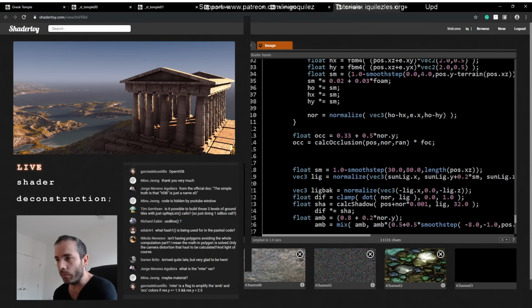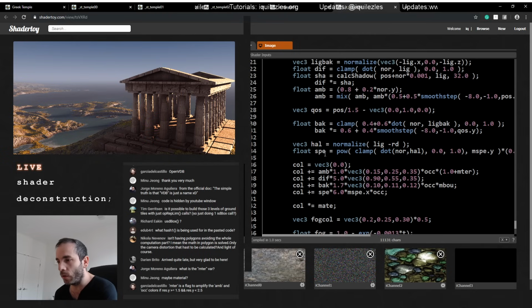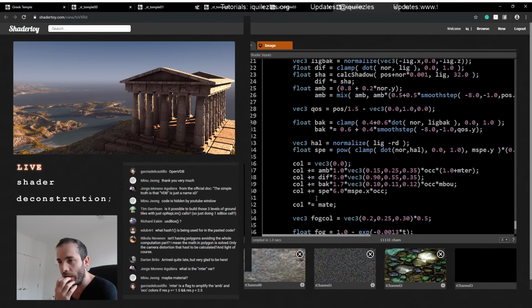So I showed you one decision I took where, someone is saying there, enter is a flag to amplify the ambient color. Yes, there are a lot of tricks here. I won't go through those necessarily, but there's one I want to touch, which is, besides fixing the conflict I had with the colors where the background and the foreground were competing, and the background was gray, there's another thing that also pops to me that looks bad here, something that screams for a change,